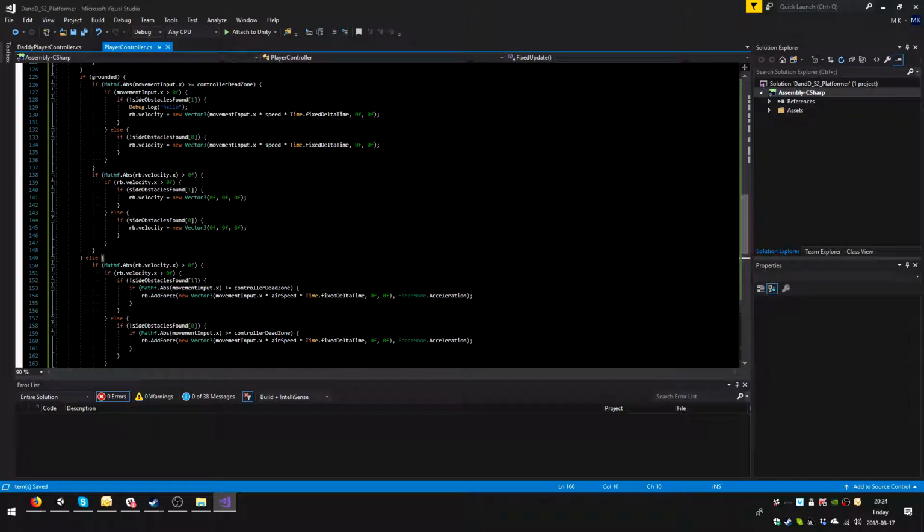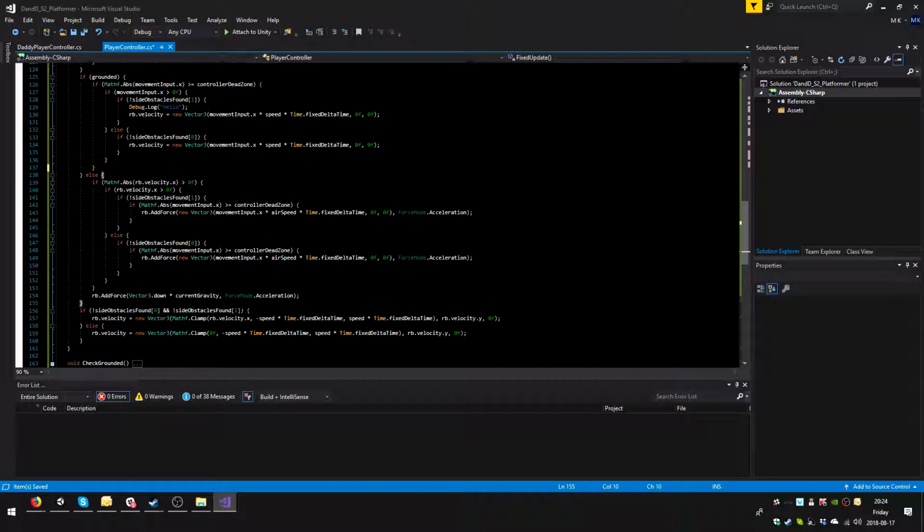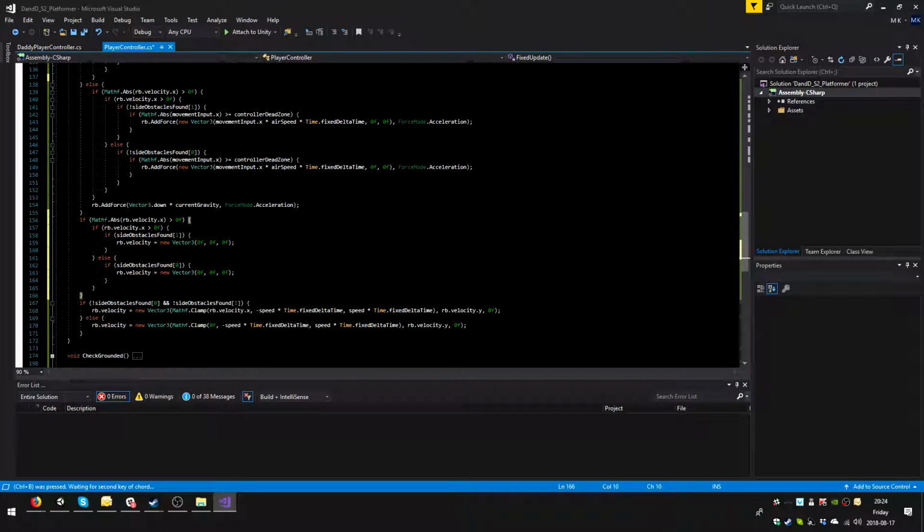So here's what we're going to do. We're going to cut all of this. It doesn't need to be here. We're going to put it right here, and that's where we're going to have our test. So if our velocity is different than 0, brilliant. If our velocity is higher than 0, if there is an obstacle on the right, you need to stop moving. Okay, if there is an obstacle on the right. So we are going to say,